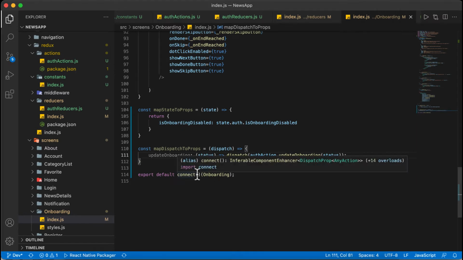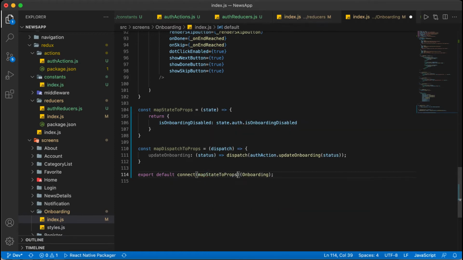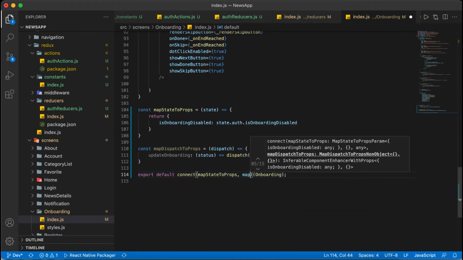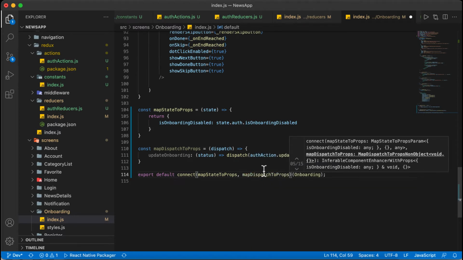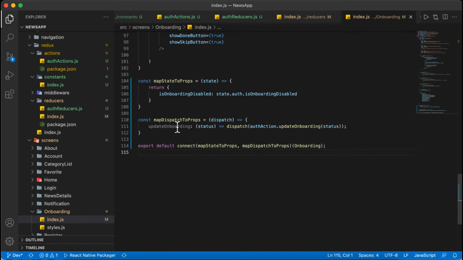All the things are completed, so now we will pass them inside the connect method. First we will pass mapStateToProps, and second we will pass mapDispatchToProps. Now let's console the props and see what we are getting. Here we don't need to return.